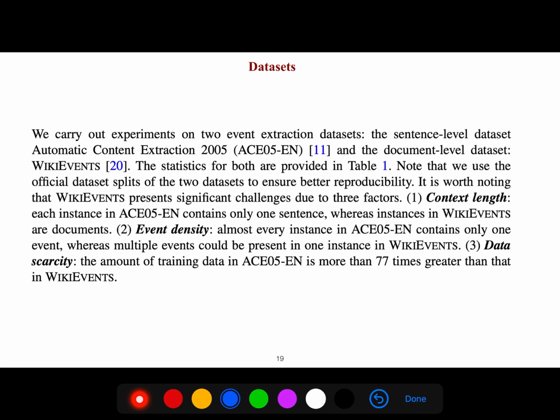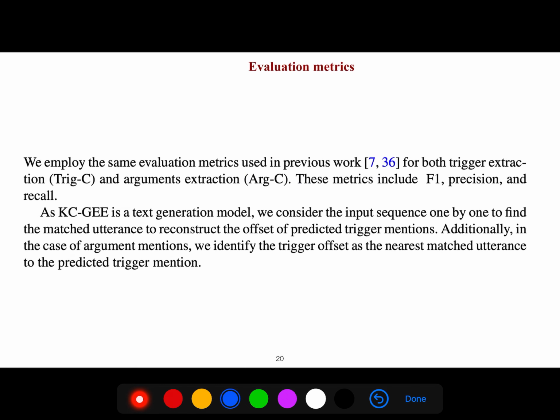And the data set, they used ACE 05. For evaluation metrics, they just use F1 score, precision and recall, not only for argument extraction, but also for trigger classification.